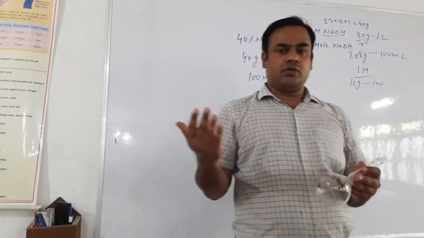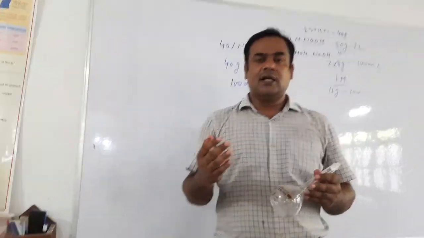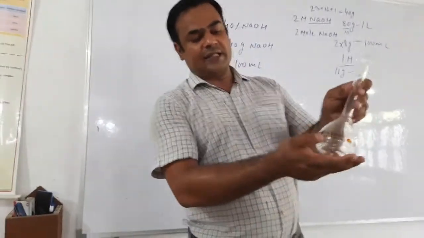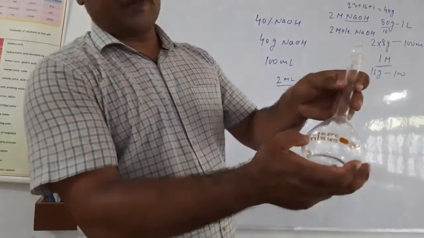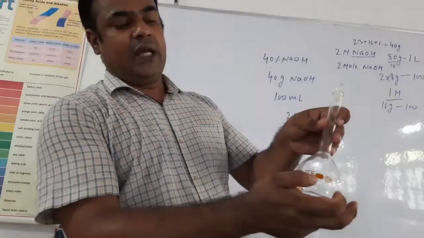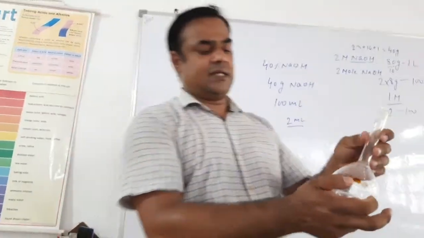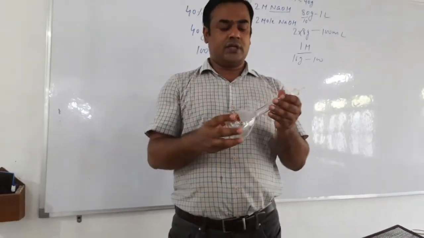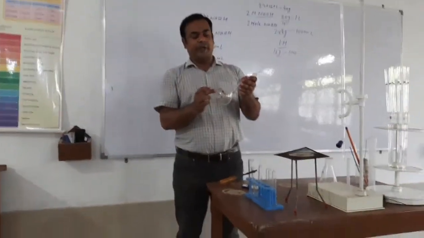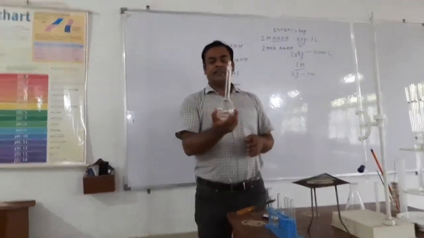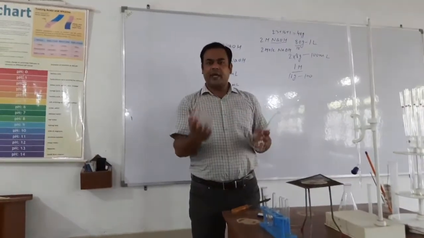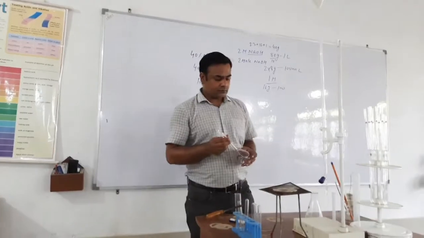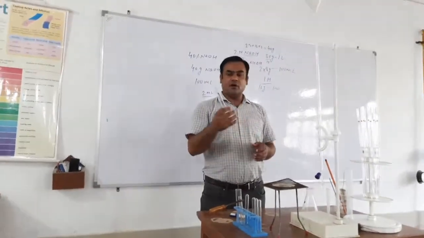But as I taught you in class 11, there is always error associated with the instrument, and that error is mentioned here, that is plus minus 0.3 at 27 degrees Celsius. If you measure 250 ml by using the standard measuring flask, in that case it may have an error of 0.3 ml. So this is the standard measuring flask, how we use it.